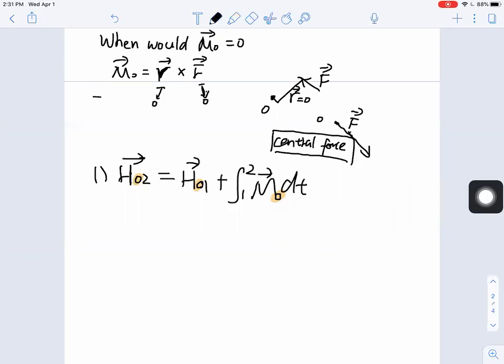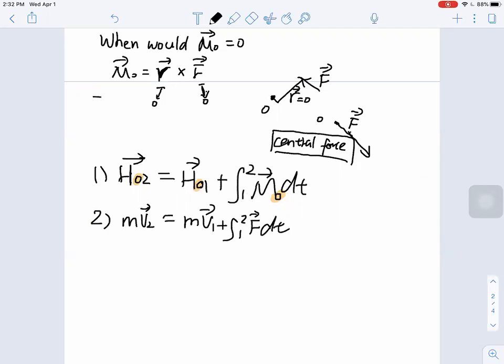Okay, next thing. Always compare this with the linear impulse momentum equation, right? Since it's pretty similar. In the linear impulse momentum equation, we have the linear momentum as m times velocity at time 2, which can be written as mv1 plus the integral from 1 to 2 of forces dt, right? You compare this to the